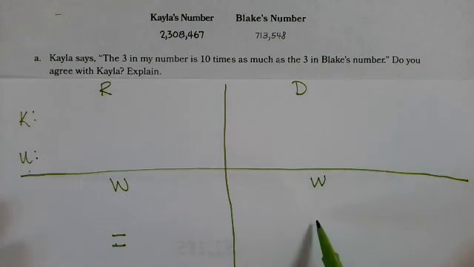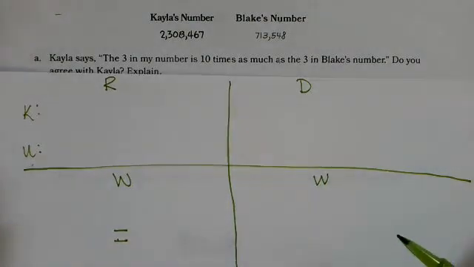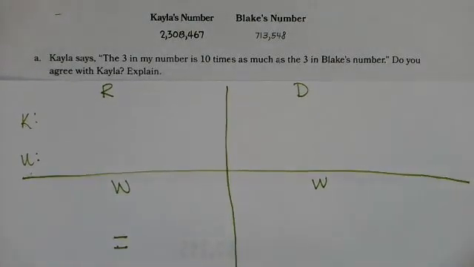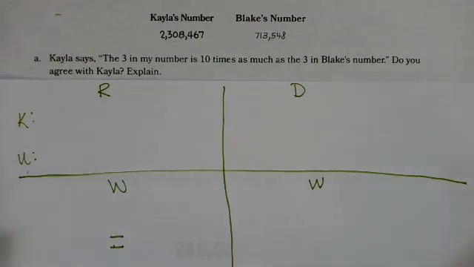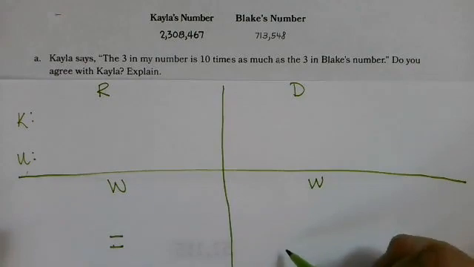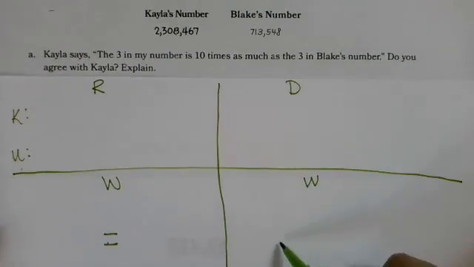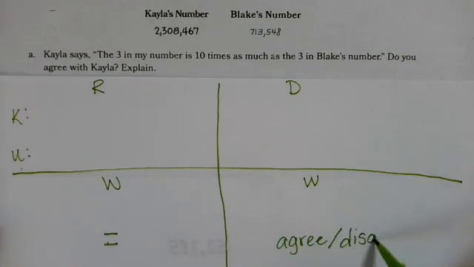And then our last write, we're actually going to answer the question. So we're going to have something with a label. And the label in this case will either be agree or disagree. And I'm going to write that there so that I don't forget, because that's really the ultimate point of this